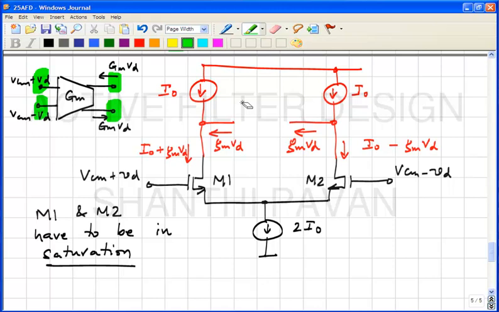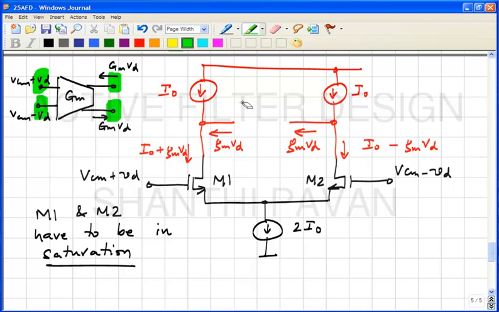Is this clear so far? Okay. The progression is very simple, right? We have a differential pair. One current will be I naught plus GM times VD. The other current is I naught minus GM times VD. We want the GM times VD or the minus GM times VD. We do not want the I naught. We need to therefore subtract I naught from both the branches. So a simplistic thing to do would be to put two current sources of value I naught, stick them in the drains, and what comes out is either GM VD or minus GM times VD.